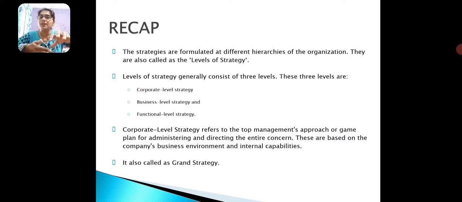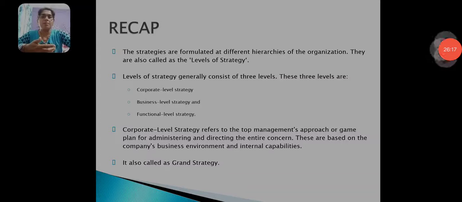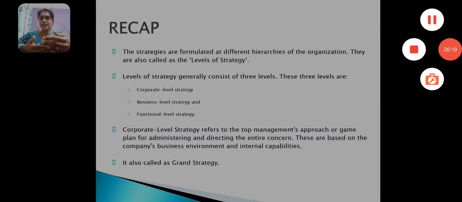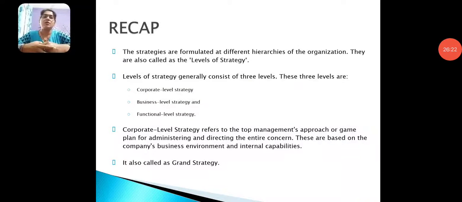Then we have the combination strategy, where they may combine all three: stability, expansion and retrenchment, and make a strategy where, under the same corporate with so many business units, they decide which business unit maintains stability, which unit is given expansion, and which unit follows retrenchment. They do the analysis and then make a strategy, and that is called the combination strategy. In the next session, we'll discuss the next level, that is the business level strategies.